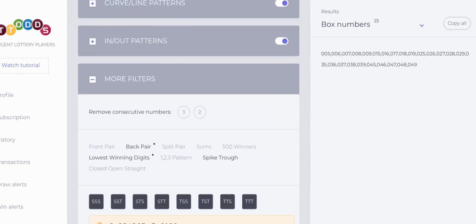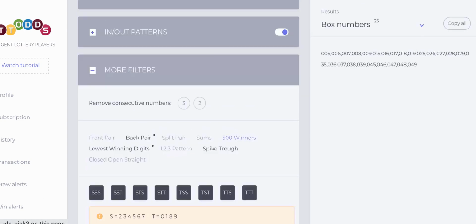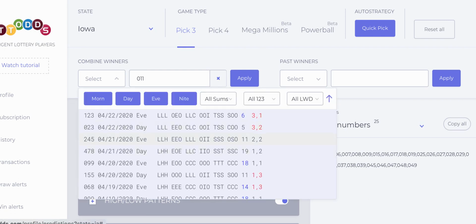I'll show you. Look. Here's a strike through, right? What's the T? The T is 0, 1, 8, 9. What could be the only first position? Can an 8 be the first position? No, because it can't make 3 numbers. Remember, it goes from low to high. So if this was the first position, 8 would be 8, 9, and 10. We have no 10 here. So the first position could only be 0, 1, 8 or 1, 8, 9. So when you see a T, you know it's guaranteed that when this is going to flip to a T, a 0 or 1 is going to come out here.